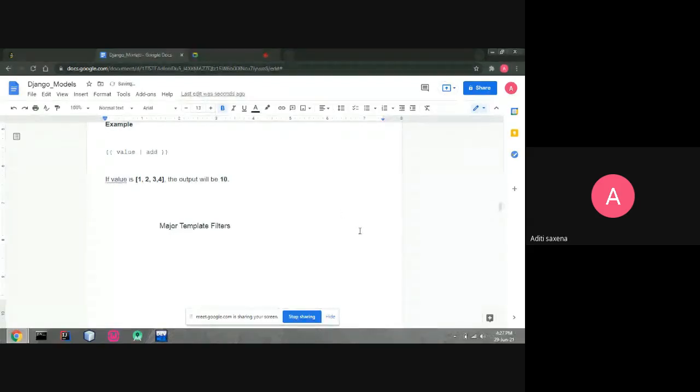So the output will be this. These are the filters we can use.